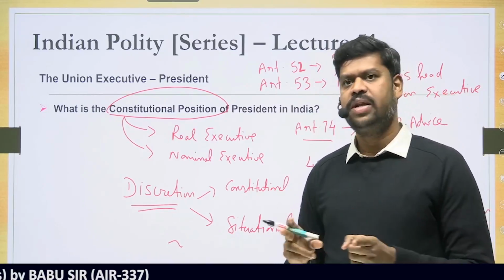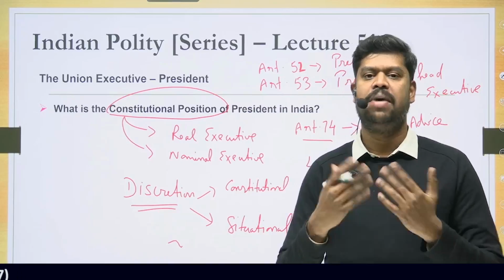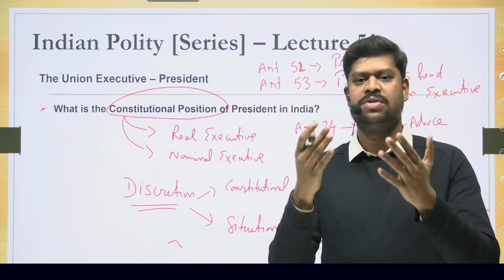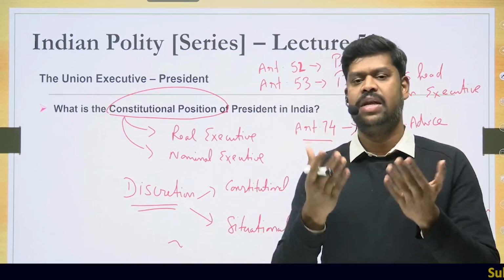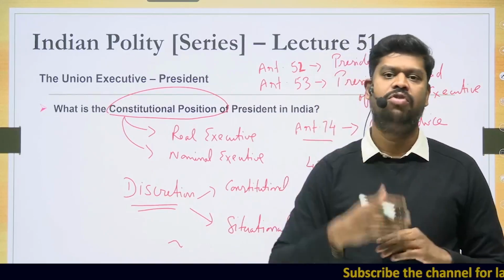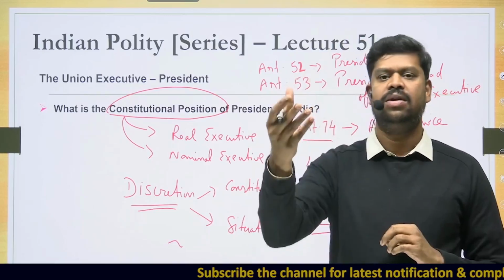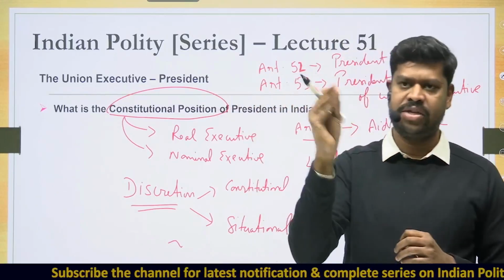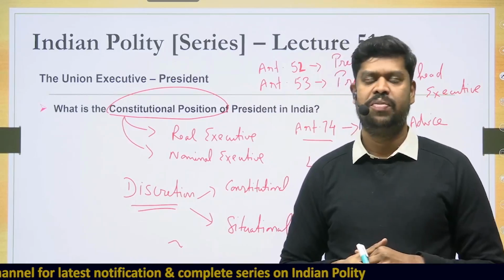But who is the real executive? It is the prime minister and the Council of Ministers, because in India we have what is called a parliamentary democracy. And in a parliamentary democracy, anyone who forms the government should have the support of the people. And that is why the people elect their representatives, send them to the Lok Sabha, and from the Lok Sabha, whoever has the majority forms the government. This government, headed by the Prime Minister and the Council of Ministers, would advise the President, and the actions of the government will be taken in the name of the President. But otherwise, the President is merely a nominal executive.